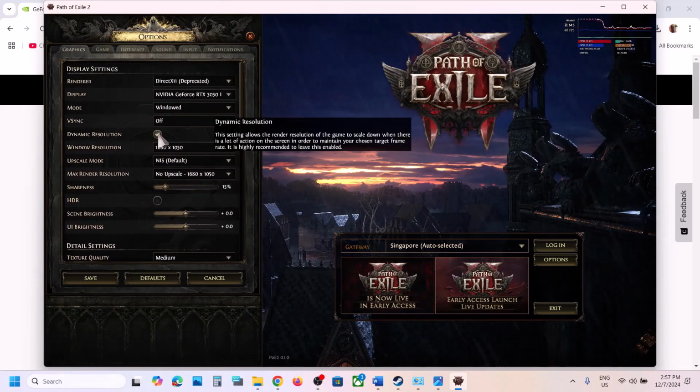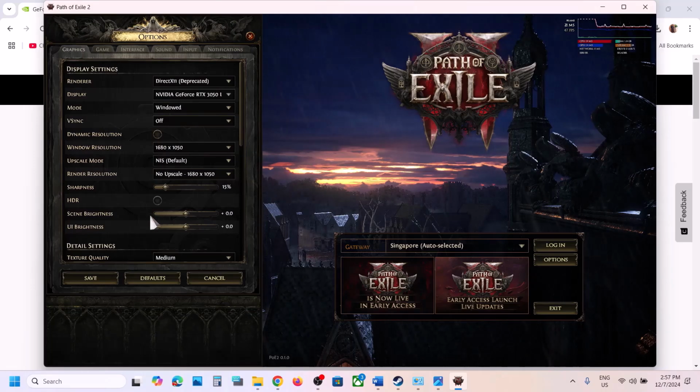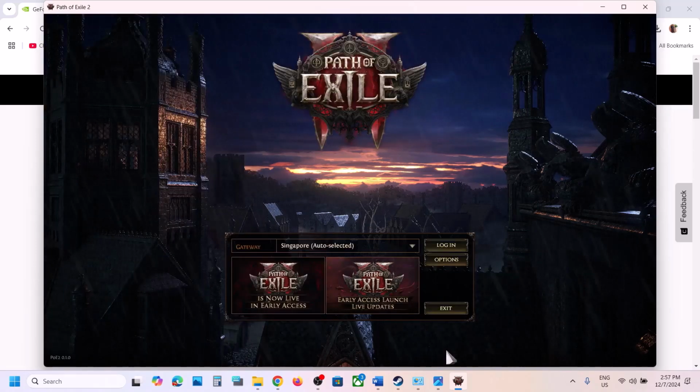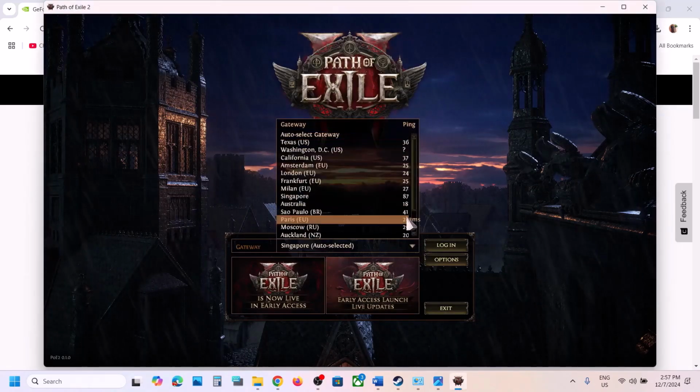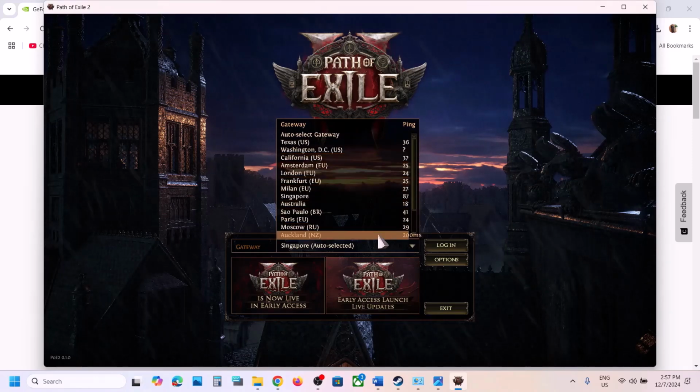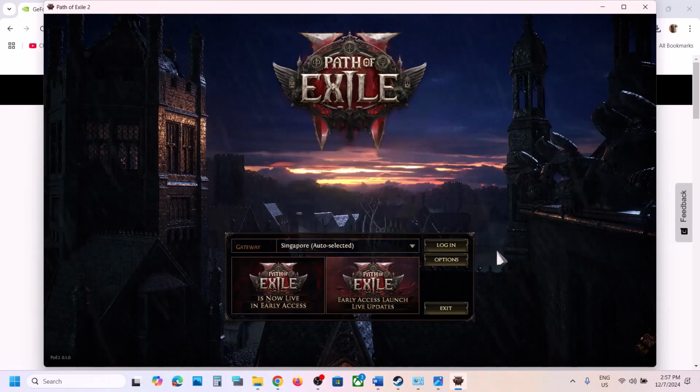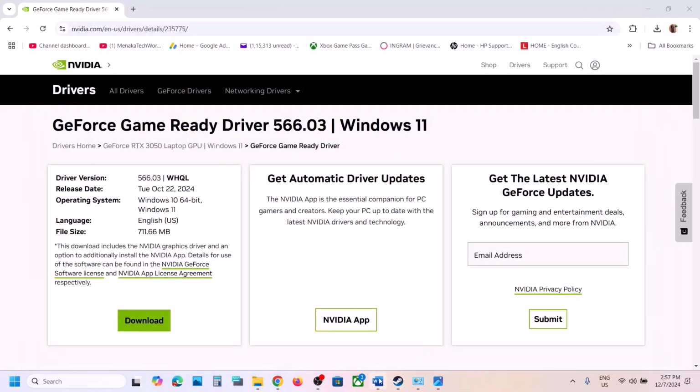Also turn off dynamic resolution over here, and then in my case HDR is also off, and then save, and then you can check the performance. And you can even try like a different gateway over here. So try a different region over here and then you can check. Now if it's still not working,